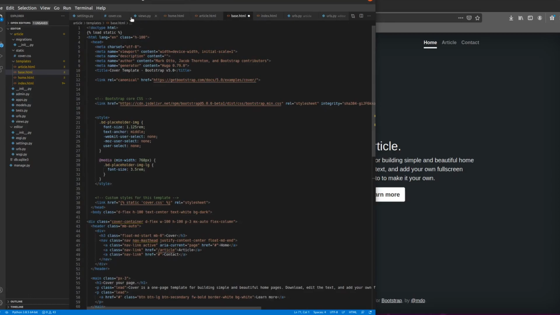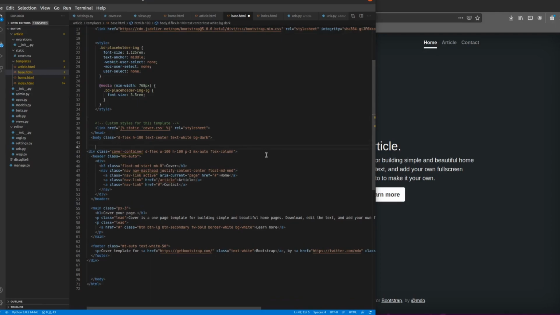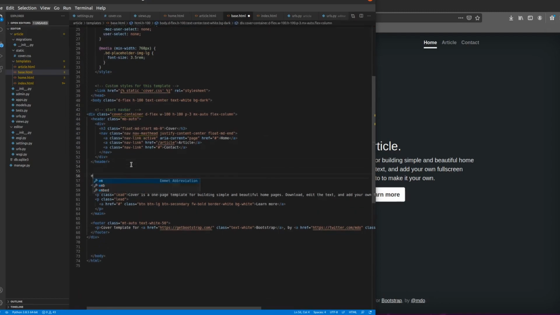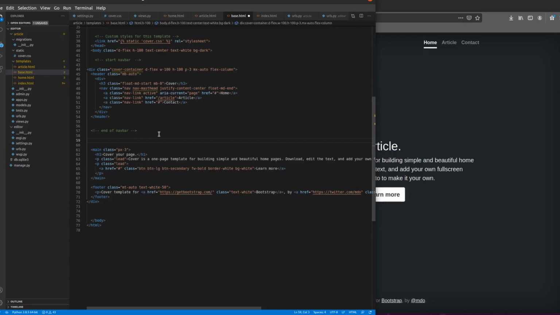So here what we want is all the generic stuff, which is basically the references to our style, our navbar, which is this part here, until here, the end of our navbar. This is just a comment, so I can later on quickly see which part of the HTML structure this is. So as of here, I want to render the content of a specific page itself. So I will go